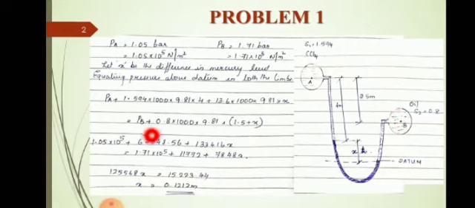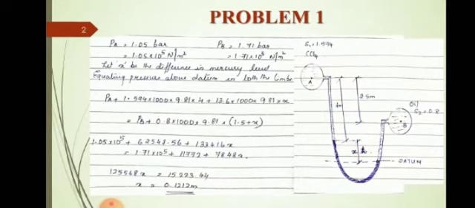So writing the equation, how does it come? PB plus 0.8 is the specific gravity. So 0.8 into 1000 will be the density of oil, into g is 9.81, and the distance is 1.5 plus X. I hope you are clear about how this 1.5 plus X has come. This height is 1.5. That is obtained from these two heights. So this is 1.5 plus this X.